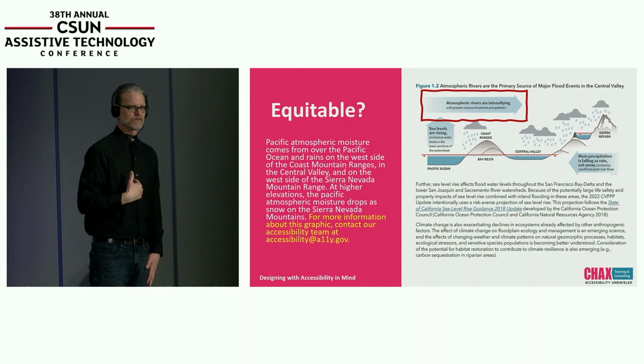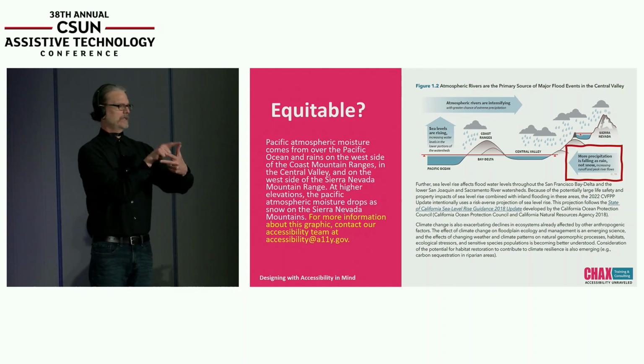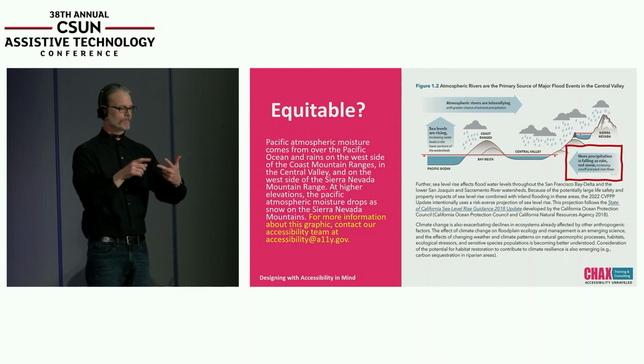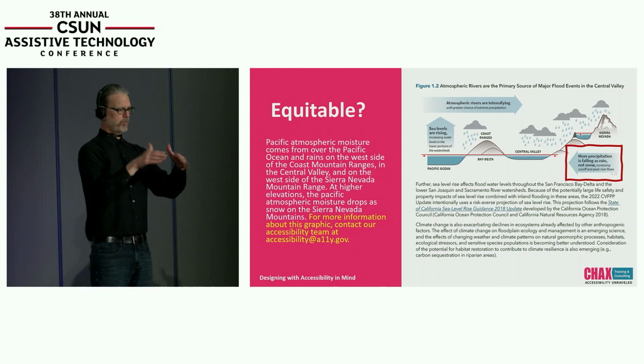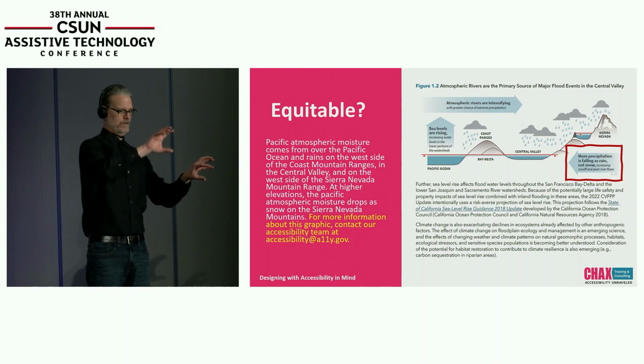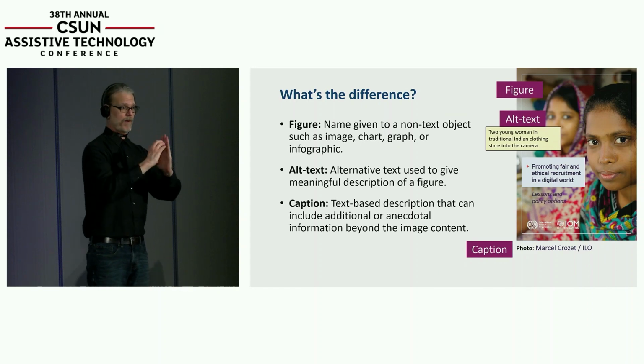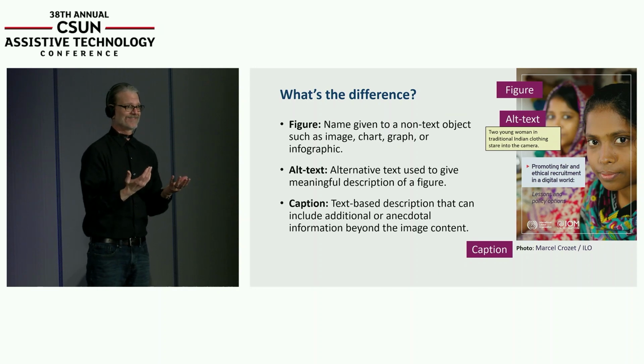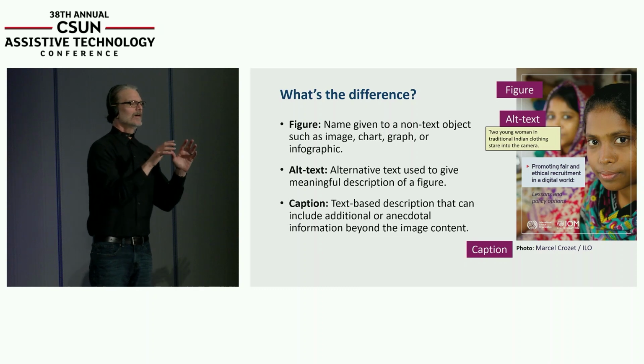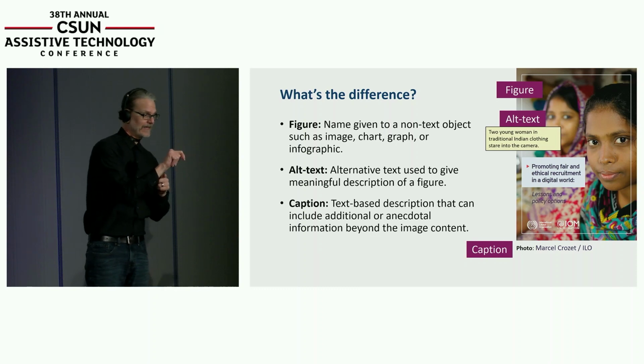Right? So we talked about these 3 different areas, and we could add alt text, or we could break this image apart like we did before and maybe add alt text for those, or we could just make sure we include it in the body copy. So the difference between a figure, alt text, and caption, I think, is an important one that I'd like to just talk about for a second.